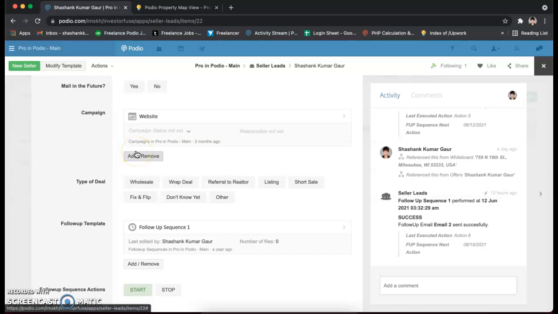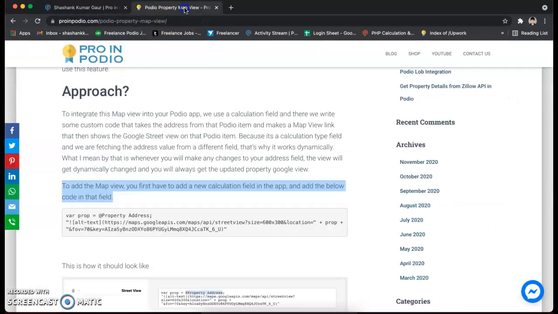Hi, hello everyone. In this video, I am going to show you how we can add Google Map View, or you can say Street View, in order to see how the property looks like. For that, I am just going to follow one of my blogs,